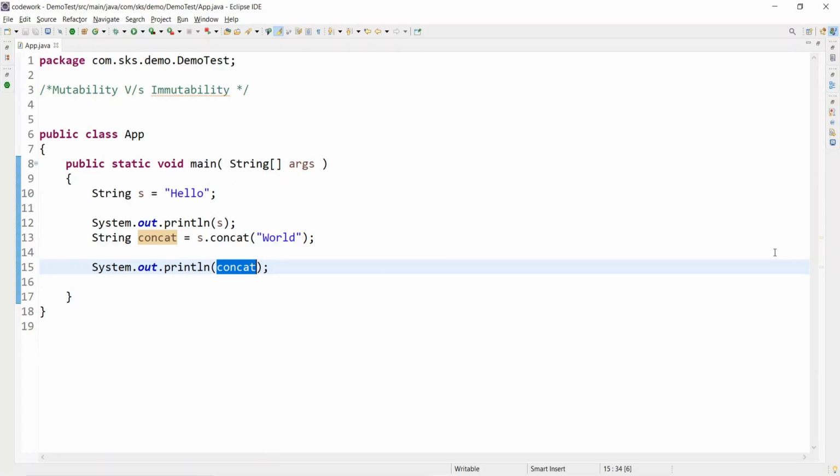So in the next tutorial, if you are interested to know why the string is immutable, then you can watch the next tutorial, where you will come to know what is the reason behind making the string an immutable class, right? So we'll come up with the concepts of string constant pool, and the intern method. So by using that, we'll see why the string class is an immutable class, right?